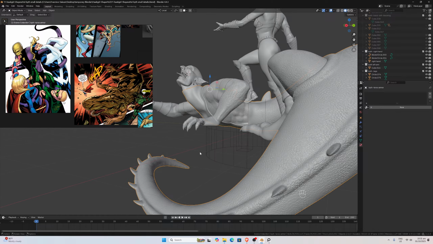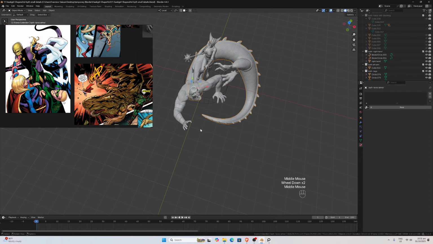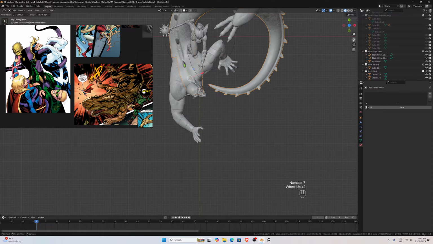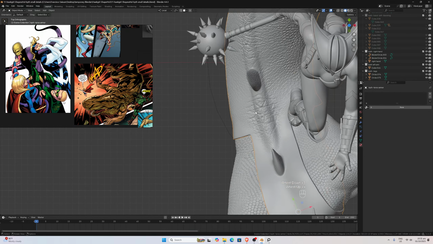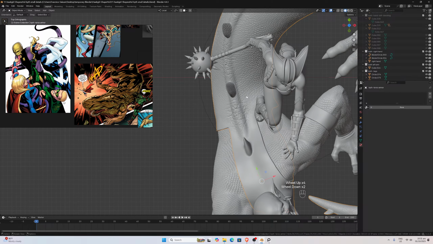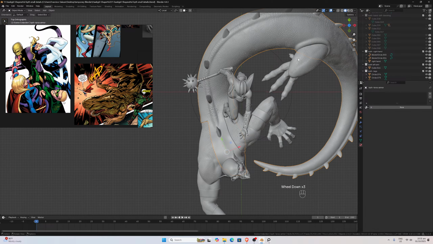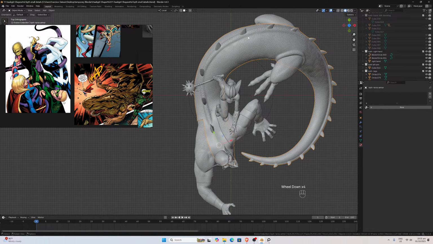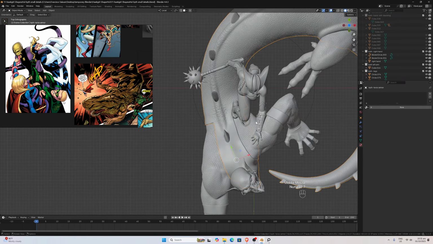But right now, today, as you can see, we already have a lot of the project completed. It is looking really great for me. The thing that I want to add is little horns here in some parts of the body, following this part of the spine. Maybe that is the option, and also in this part of the arm. That is the idea that I have, but as I told you before, we'll do that later. Okay,